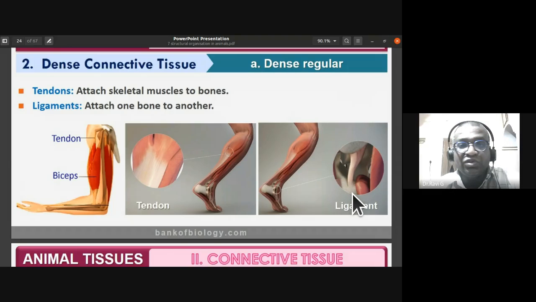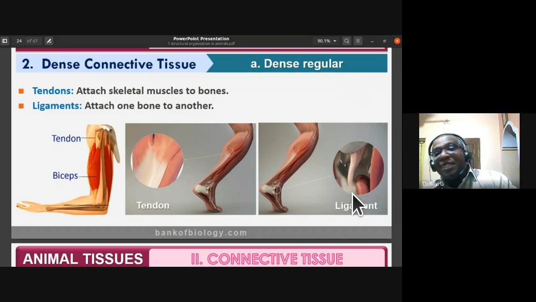You should remember about that. L B square, you remember whenever you have to remember about ligaments. L B square, B square represents bone to bone attachment is by ligaments. Ligaments are made up of elastic fibers. Okay.